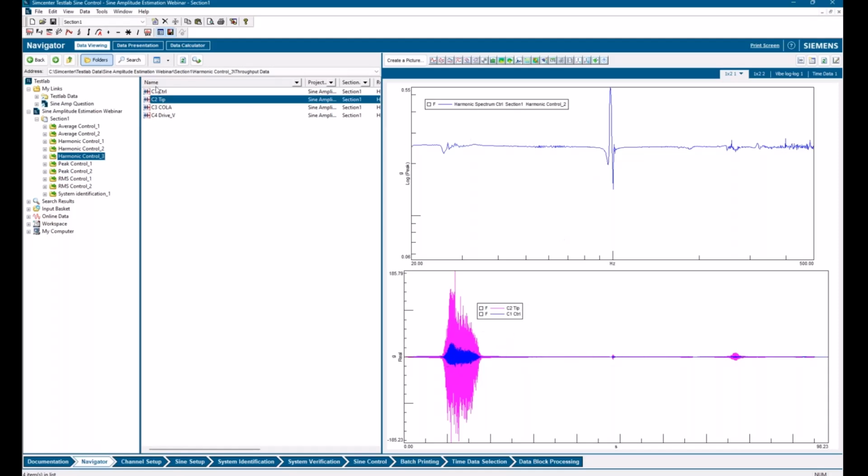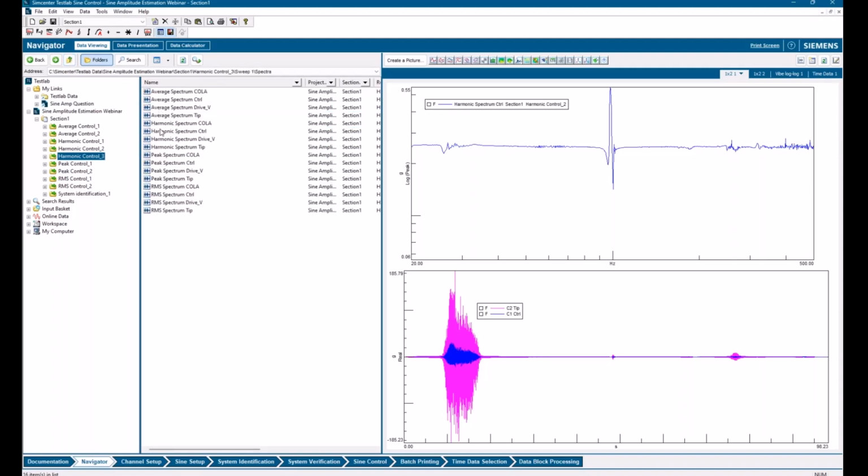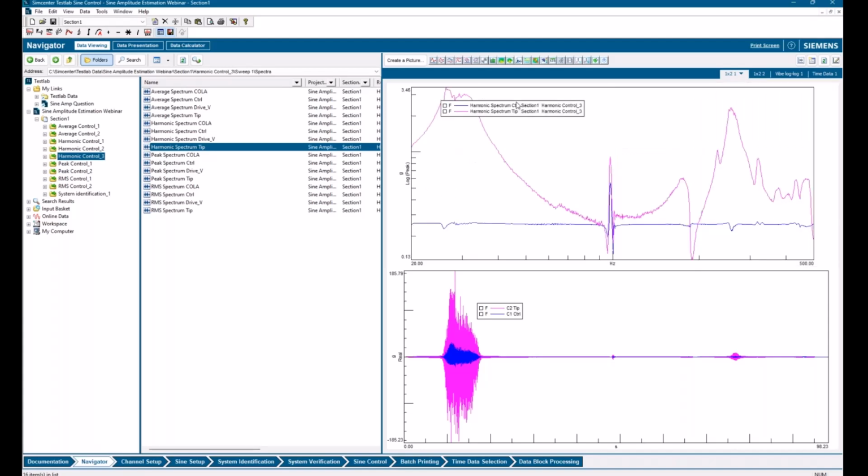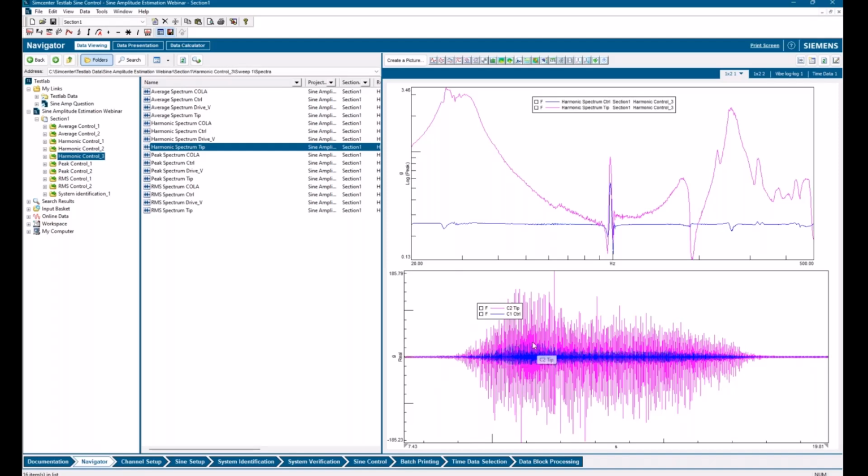And then over here, we'll look at the harmonic control spectrum, and we'll look at the harmonic tip response. Now, a couple things to note here. First of all, this G level looks kind of nuts compared to what we have here.